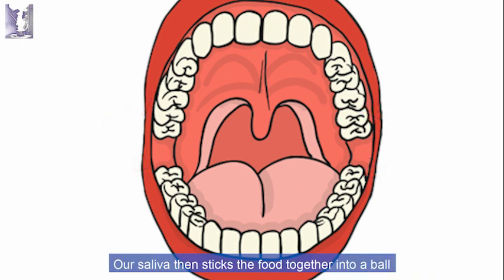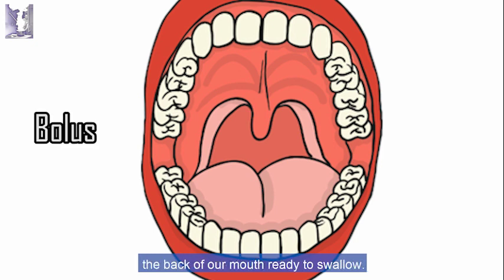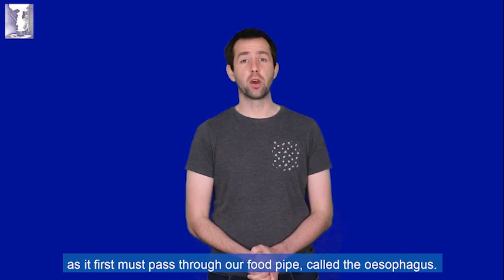Our saliva then sticks the food together into a ball called a bolus, before the tongue moves the food towards the back of our mouth, ready to swallow. The food does not just drop straight into our stomachs though, as it first must pass through our food pipe,